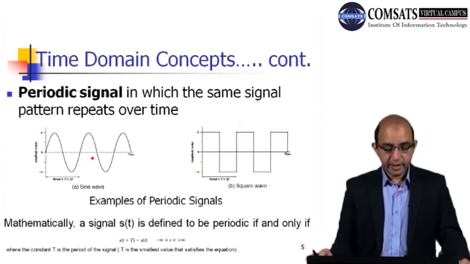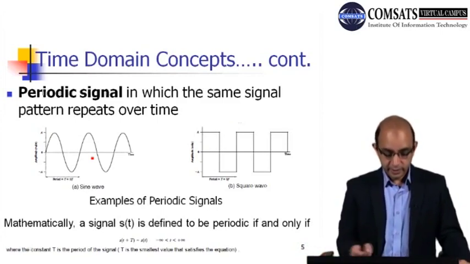You can see that the signal is repeating itself. This is a typical sinusoid or sine wave. It finishes over here, and then it again repeats itself, and again the second